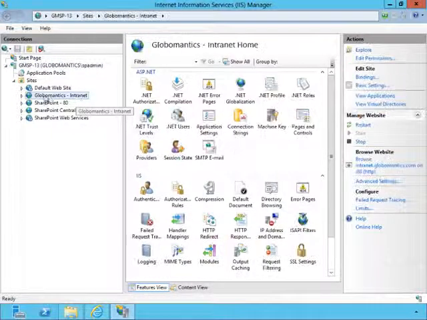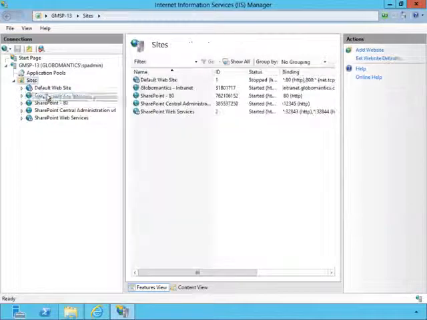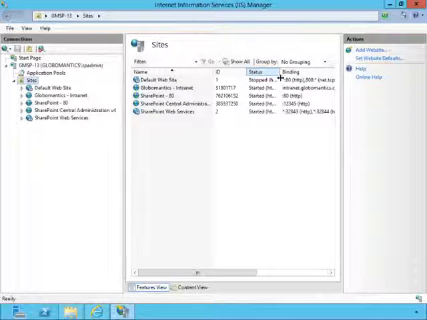And there is our GlobalMatics intranet web application that we just created. Our bindings have been set for intranet.globalmatics.com on port 80. That's because that's what we did. However, any other call being made, regardless of the URL, on port 80 is going to go to our SharePoint